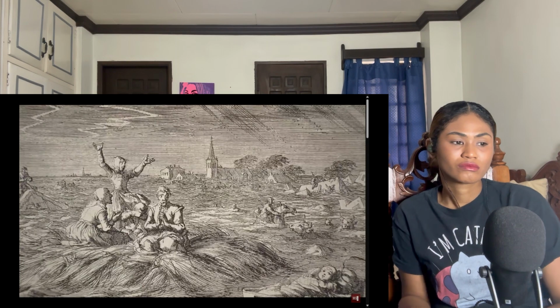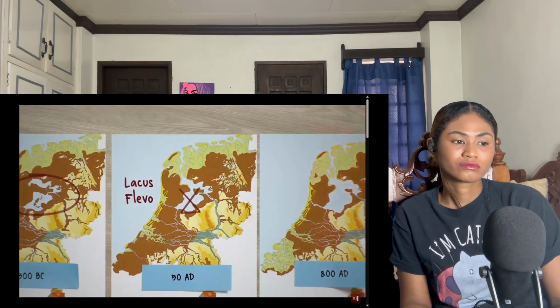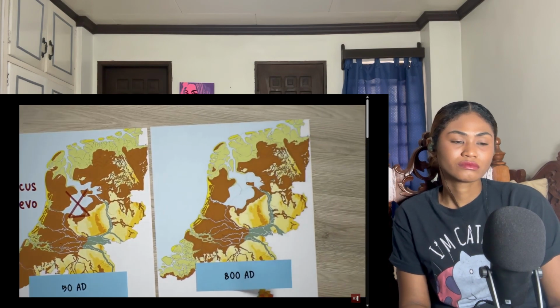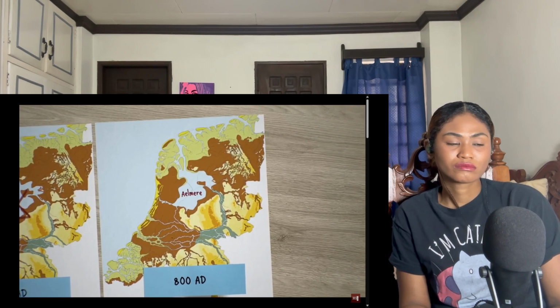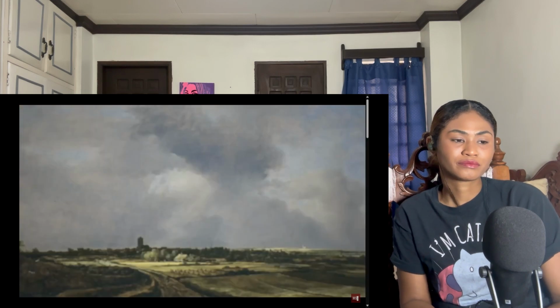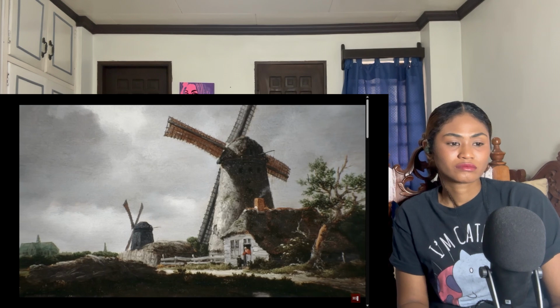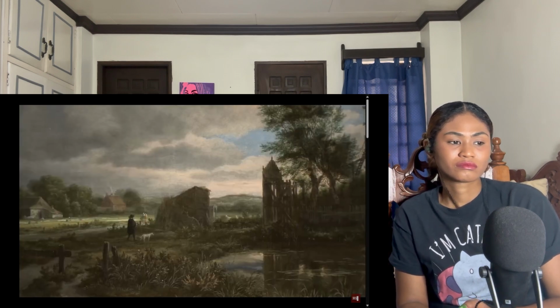Every few decades, there was a large flooding event that killed thousands to tens of thousands of people. This continued for centuries until the lake eventually joined with the ocean. We're now in the Middle Ages, and the lake was referred to as Almere. Remember that name as well. The Dutch became increasingly ingenious with their water management. At least as early as the 14th century, they began reclaiming land, but their true masterpieces date back to the